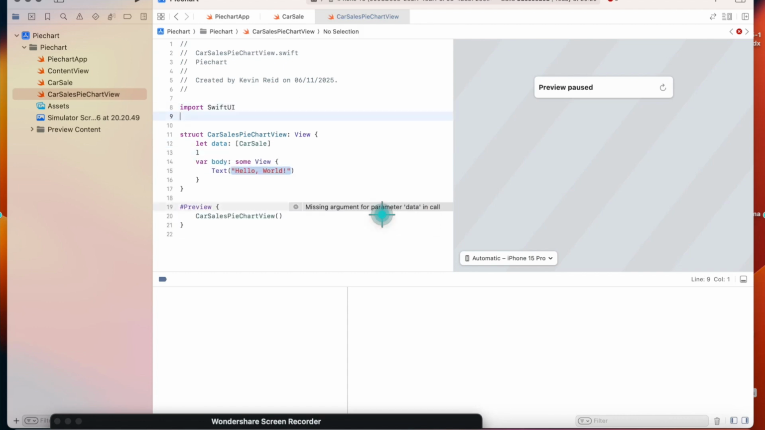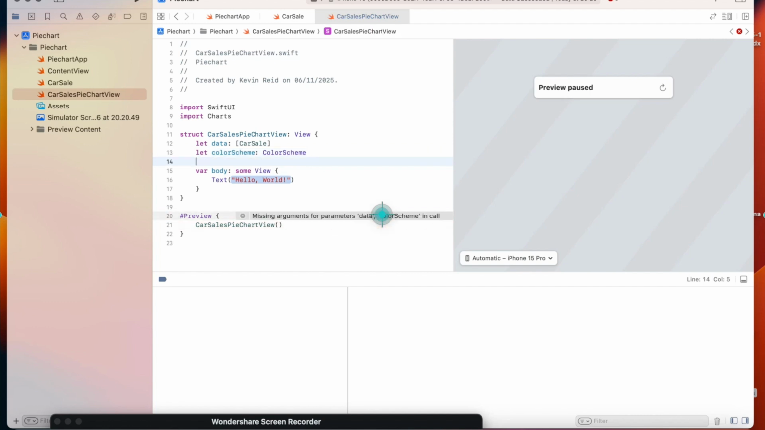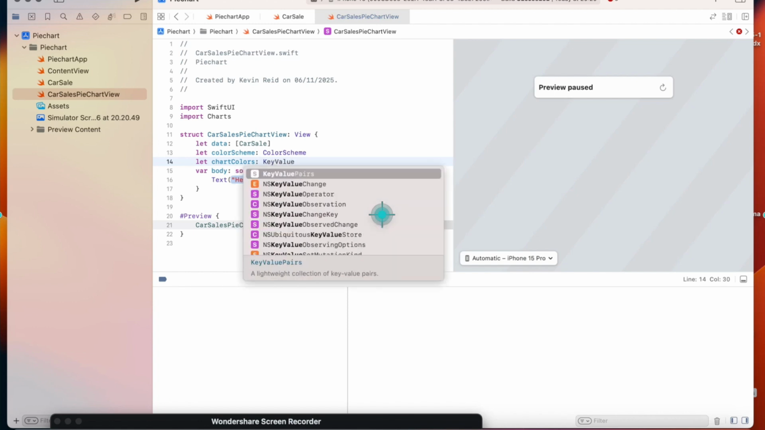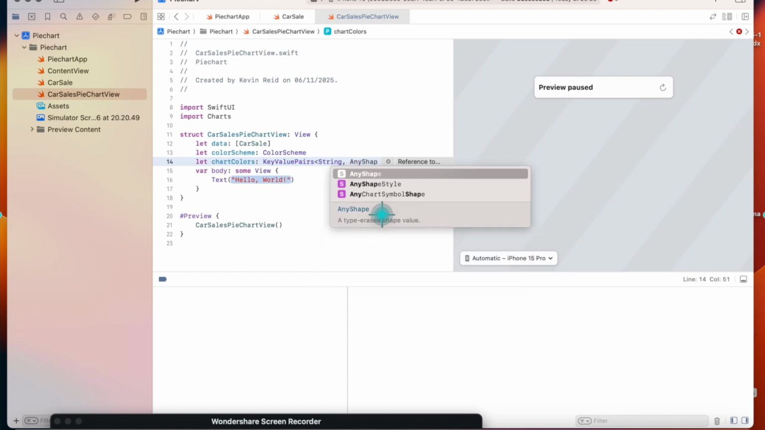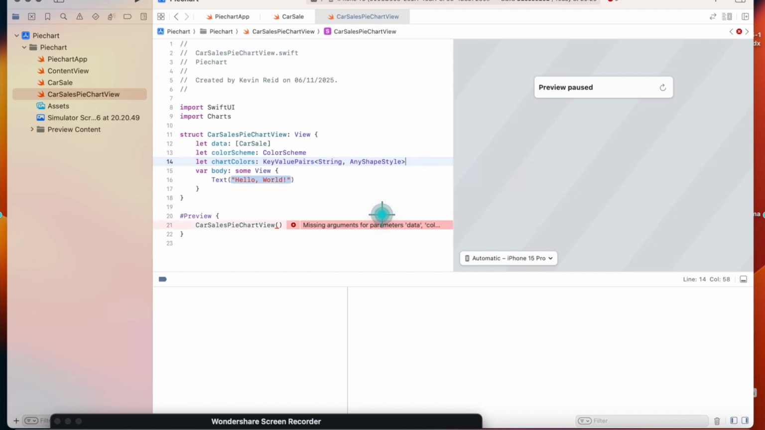We also need to import Swift Charts. Import the Charts framework. Color scheme. The purpose of using color scheme is to interact with the current mode, light or dark. Let chartColors be key value pairs, String to any ShapeStyle, and that will map the brand to the color style,